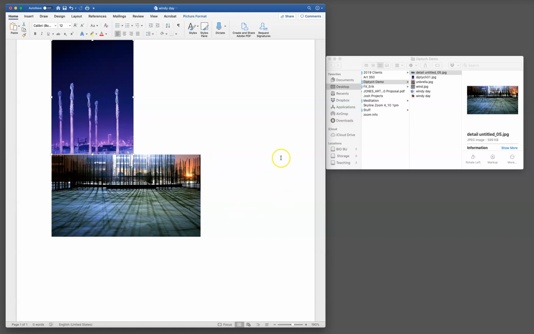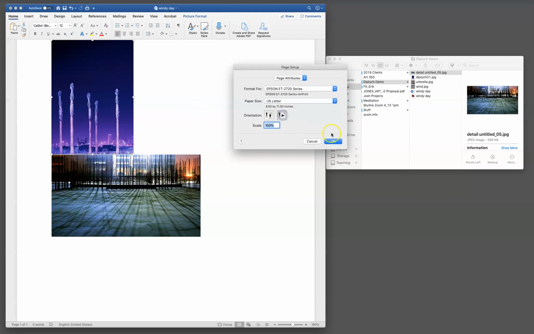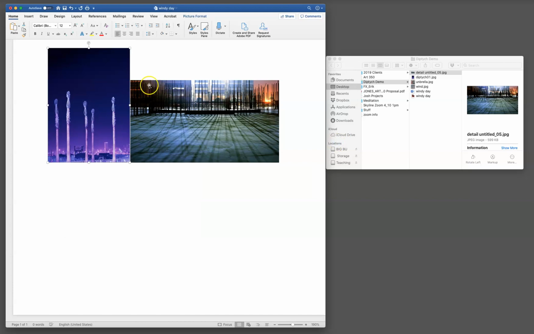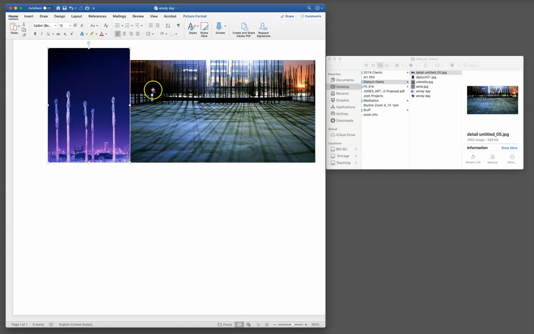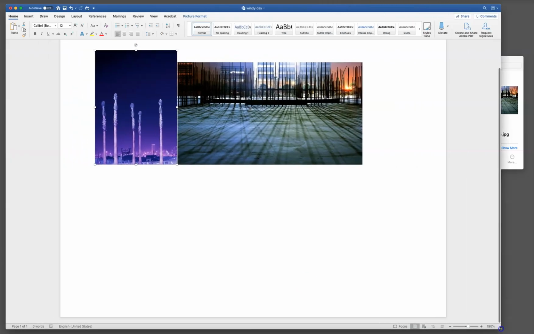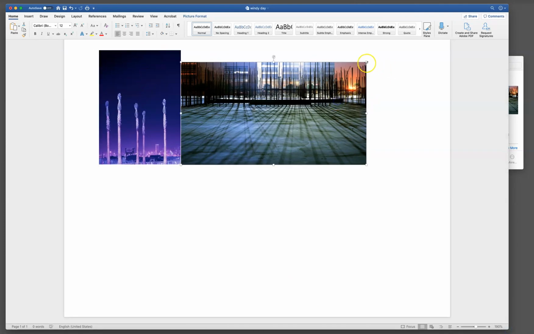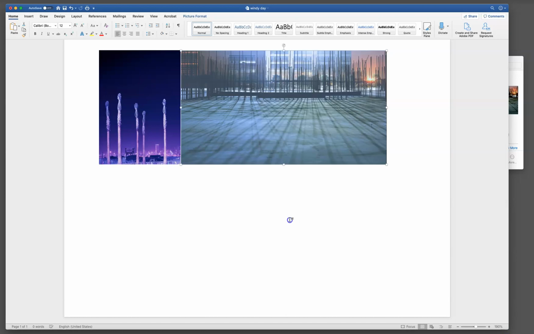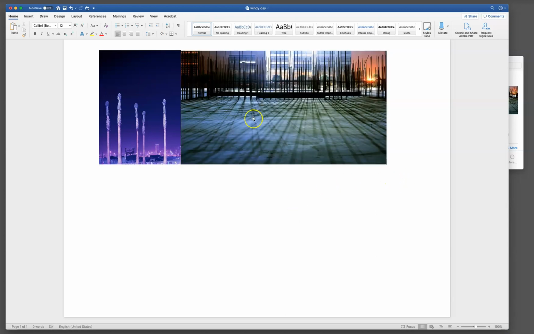And if you want to have a bigger space to work on, you can do it a couple of different ways. You could change your page setup to be landscape, and then that gives you more space, because now I'm trying to get these images to be the same size next to each other. Now that I've got it in landscape mode, I have a lot more room for them to be next to each other. And if I want to make this white space a little bit bigger, sorry, I think I want to